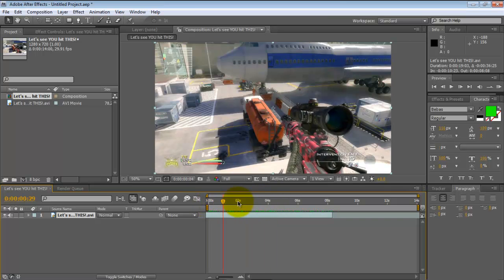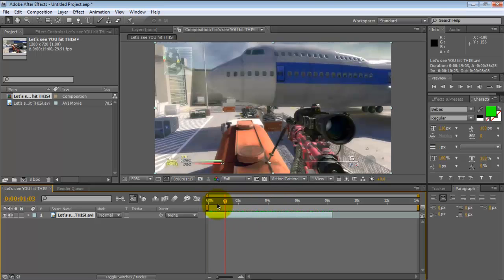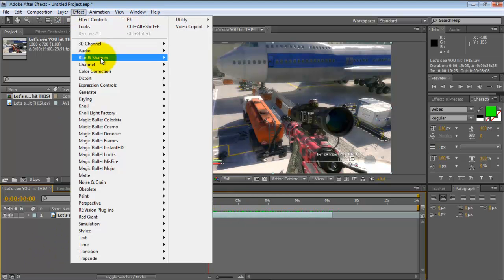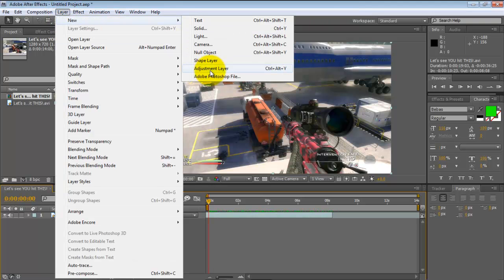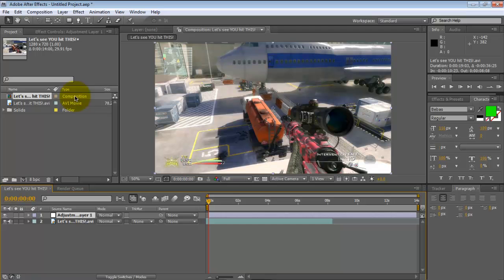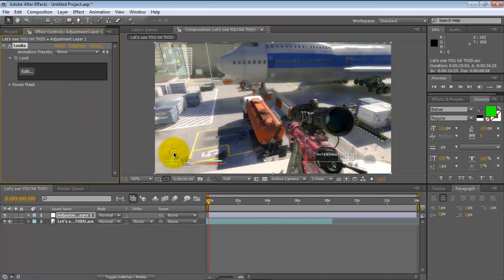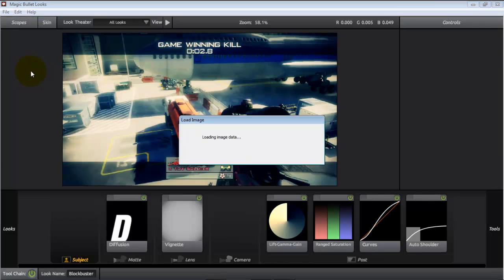I'm going to be using a few plugins. So in this first tutorial, I'm going to show you color correction and a bulge effect on the shot. So first of all, once you've got your clip up, I'm going to go to layer, new, adjustment layer. Then I want to go to effect while I'm on the adjustment layer and bring it down to Magic Bullet Looks. Click edit, and I find that